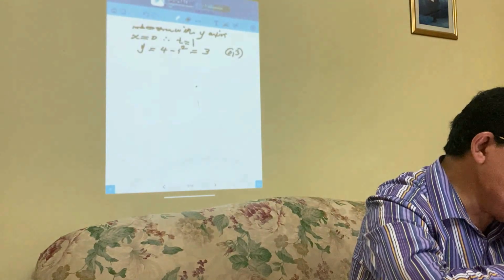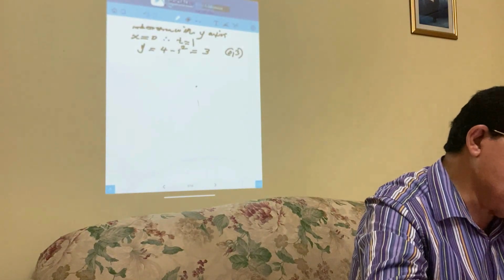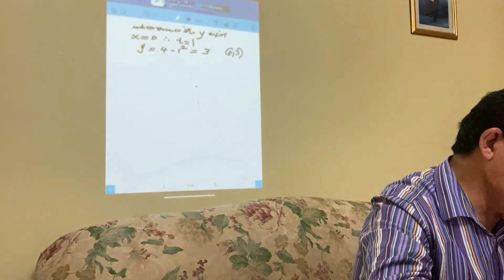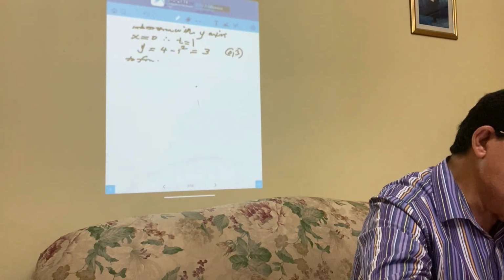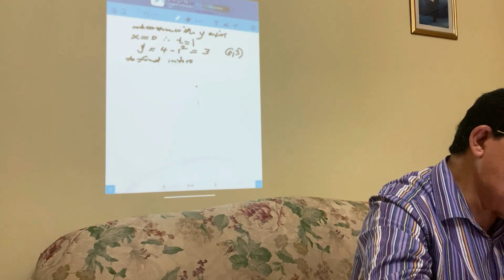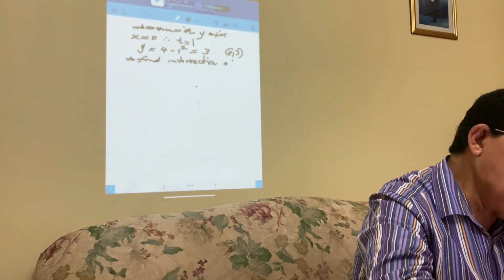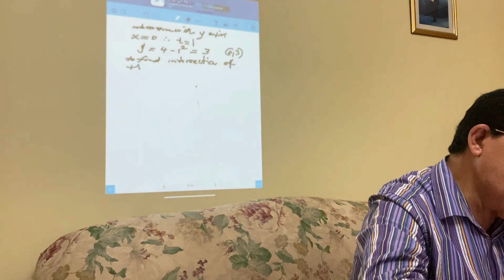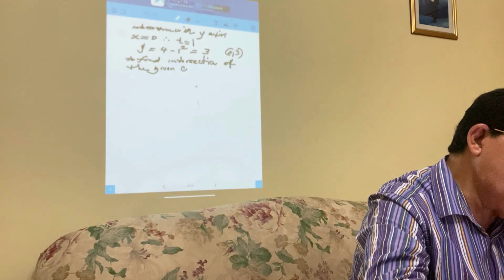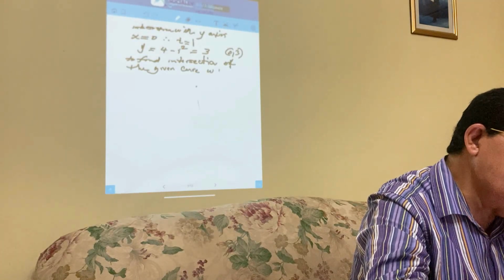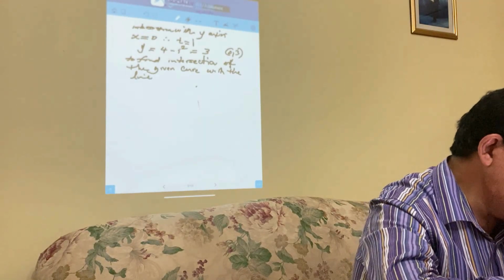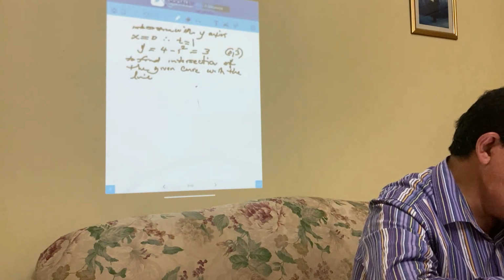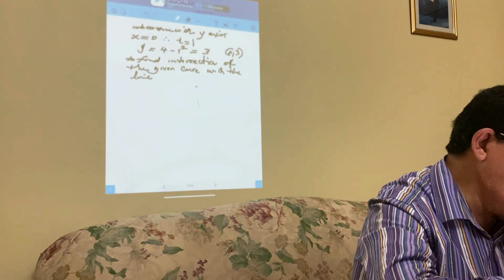We can also be asked, for example, to find an intersection of the given curve with the line y equal